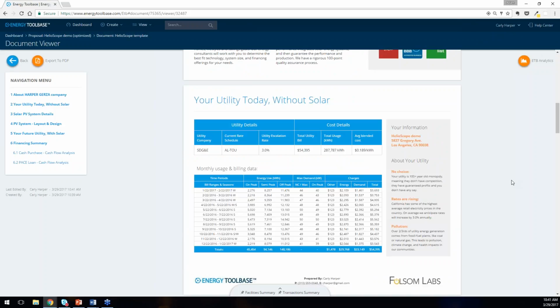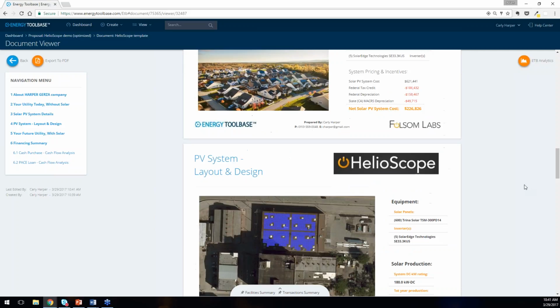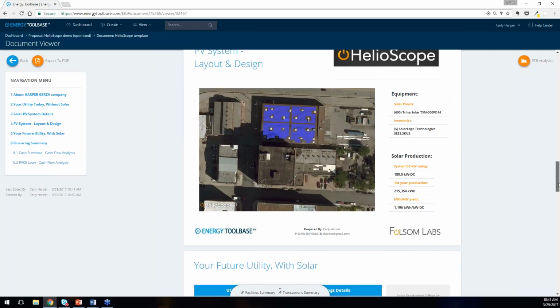And let's actually see what Evan did. He doesn't have to tell us. On the solar size, it looks like we're exactly at 180 kW DC, 156 kW AC, producing 215,354 first year. Looks like he's up to 600 Trina panels, 5 SolarEdge SE33s, and here is that updated design. And again, what we did there is we really optimized for